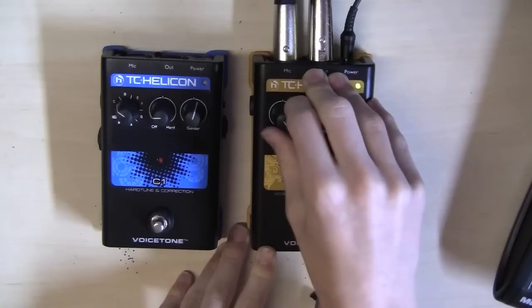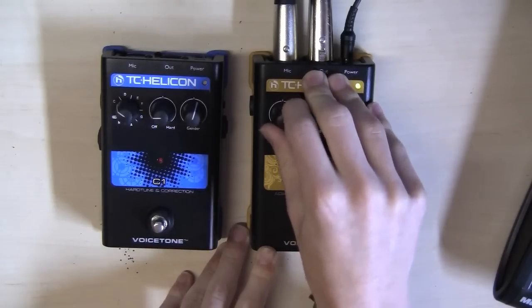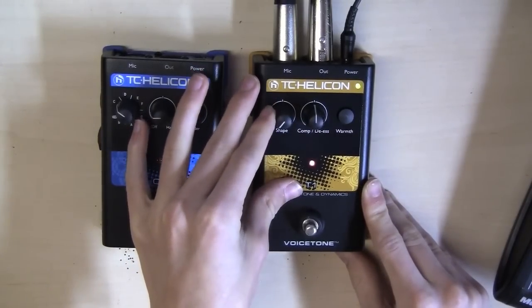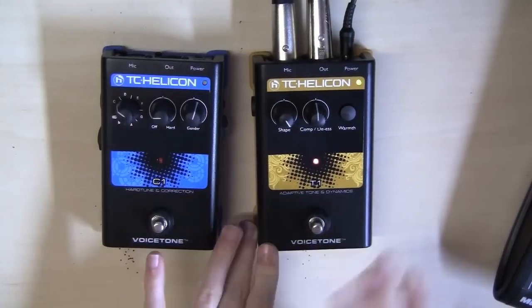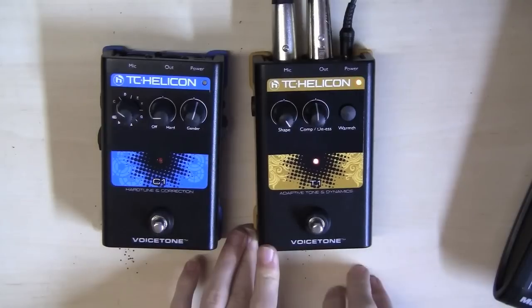And you can hear that it's kind of got rid of the background noise, and it's focusing a bit more on my voice. So if I can turn it down there, and when I turn the shape all the way up, it's focusing much more on my voice and trying to exclude as much background noise as possible. Also, when I'm singing, la la la la la, or something like that,